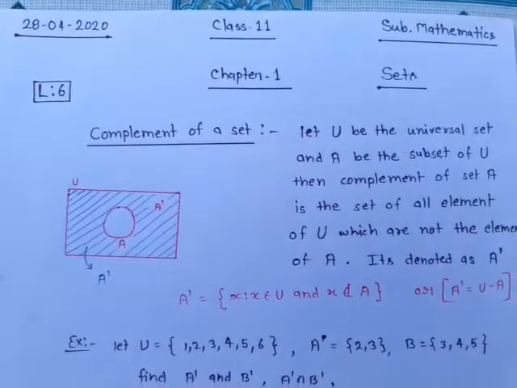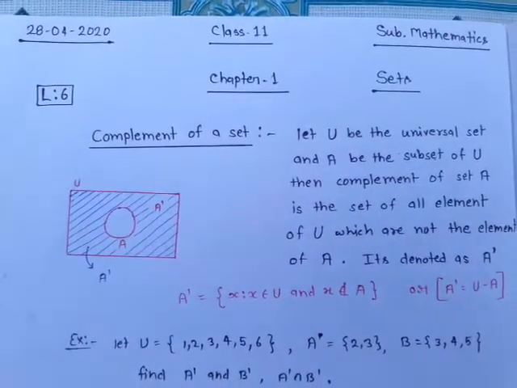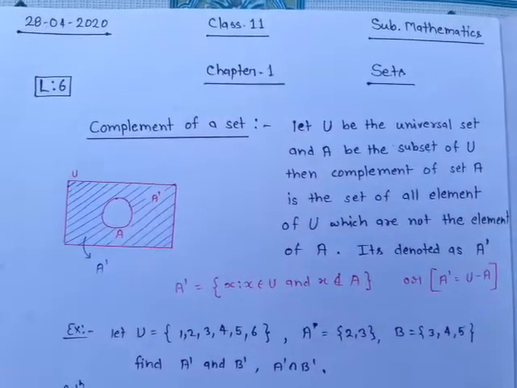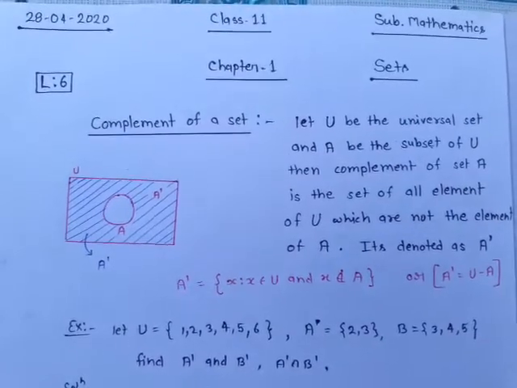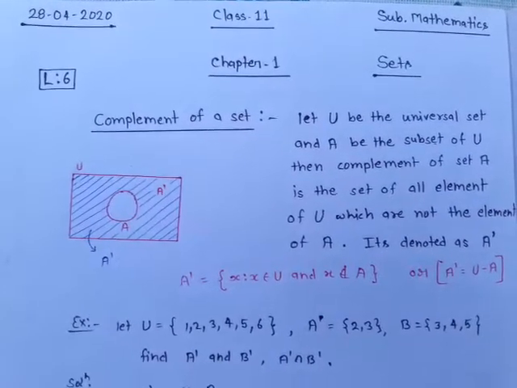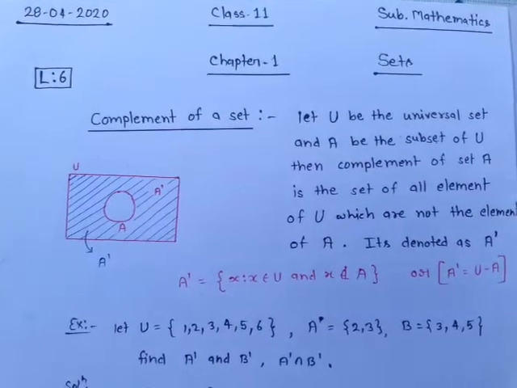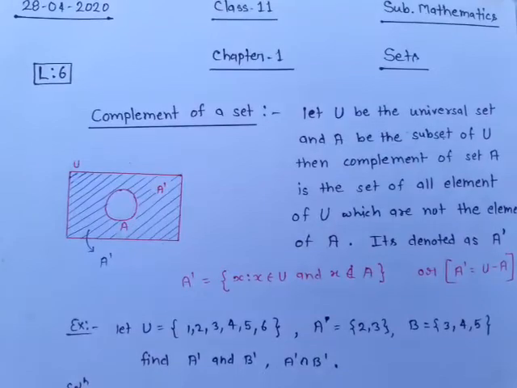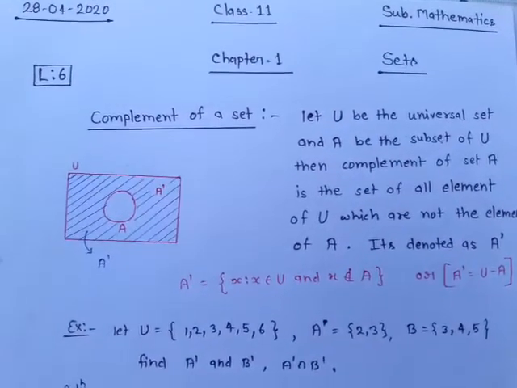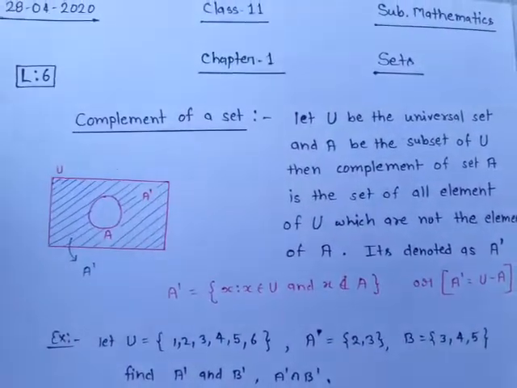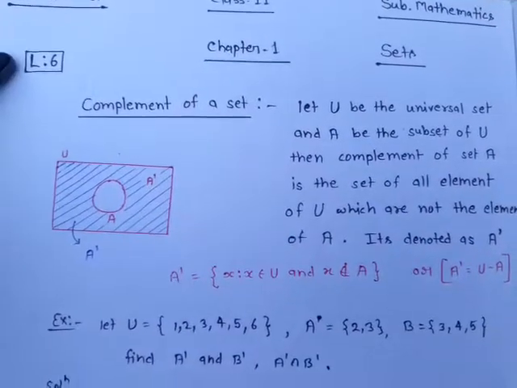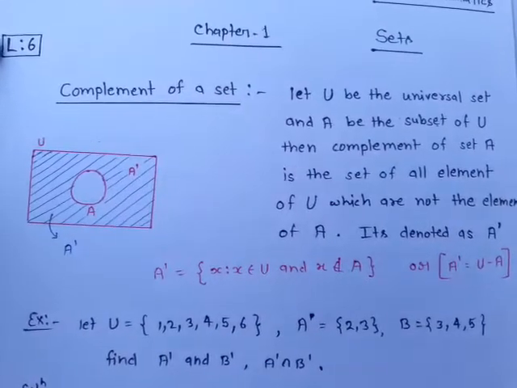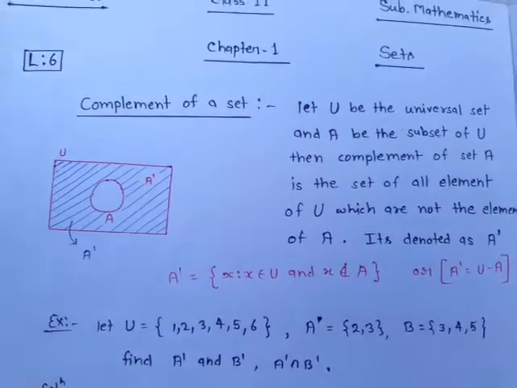Now I start your first chapter, which is Sets. This is your sixth lecture in this chapter. In the previous lecture we discussed sets and their two forms, set builder form and roster form. We also discussed some questions related to this. We also discussed some types of sets: finite set, infinite set, empty set, etc. Also, we discussed some operations of sets: union of sets, intersection of sets, and difference of sets. After these operations, we continue here.